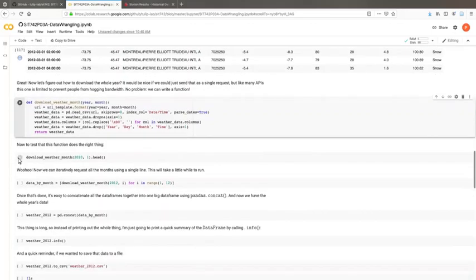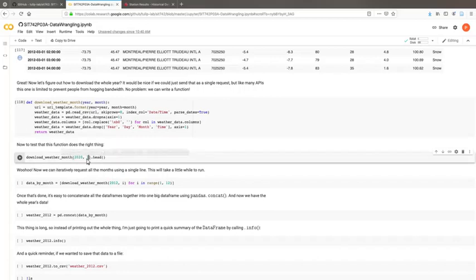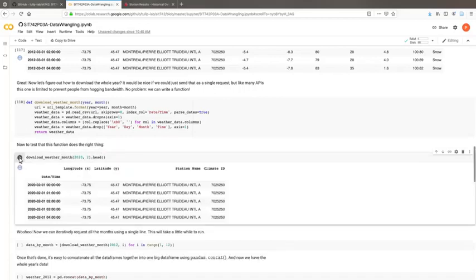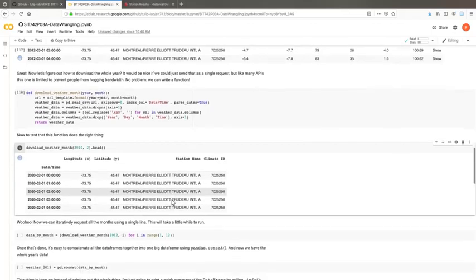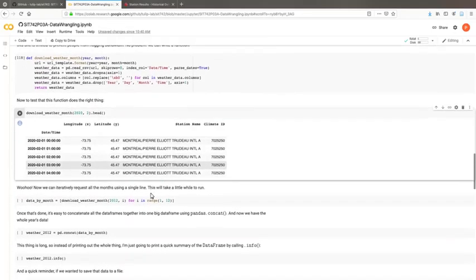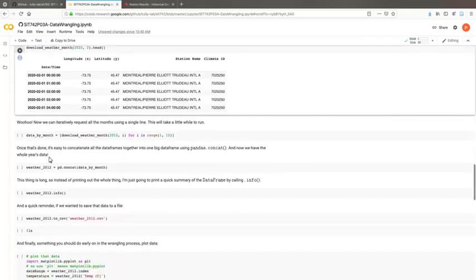Suppose now what I want to get is last month's weather information to see what we can have. Okay, we can see this is the information from that website for last month, in different stations. That's the station ID and the climate ID number. And then I can just